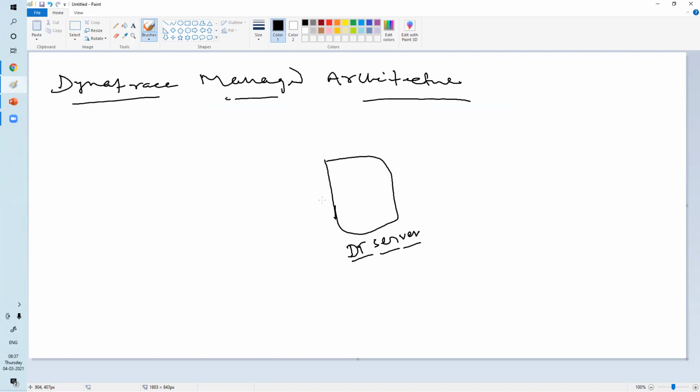Are you getting my point? You cannot install 10 servers or 20 servers like that. How many node clusters do you want? 1 node cluster, 2 node cluster, 3 node cluster, 6 node cluster. It depends on how much high availability, HA, you want to keep. If any server goes down, then another server will be up to capture the data.